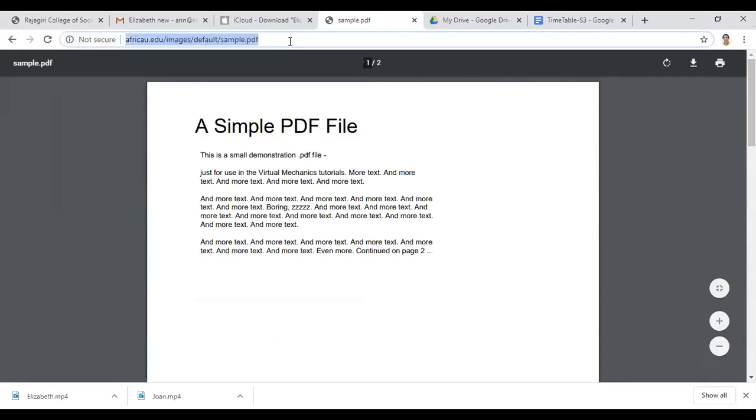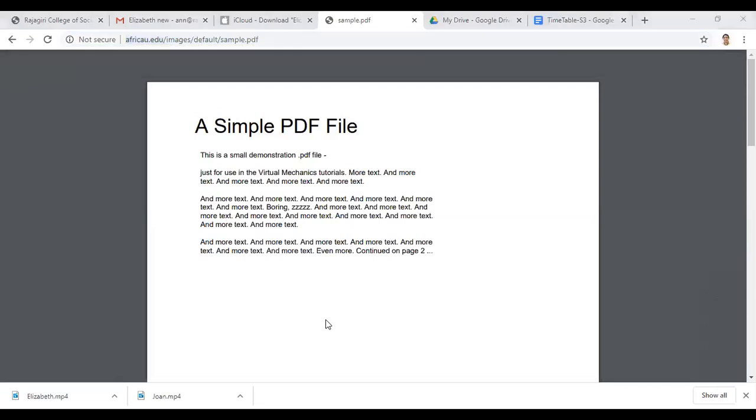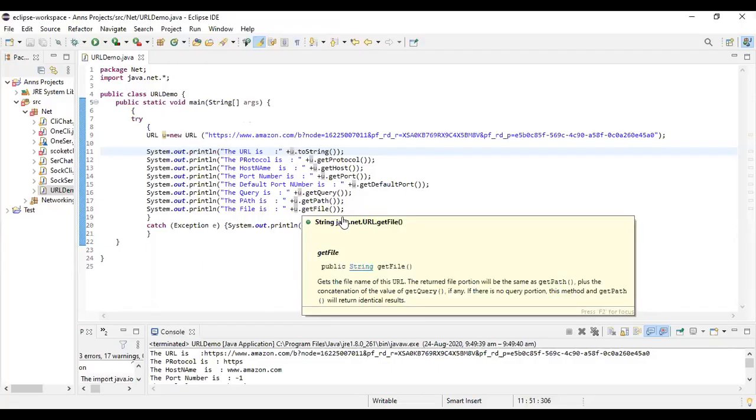First thing I'll have to do is, I'll just copy it. However much you copy and type the URL, it never comes out correct for me. The best way is to copy paste your URLs. That is the best way of doing URL programming. See that you copy paste it. Okay, now let's start doing the program.